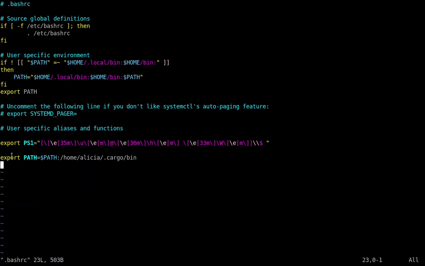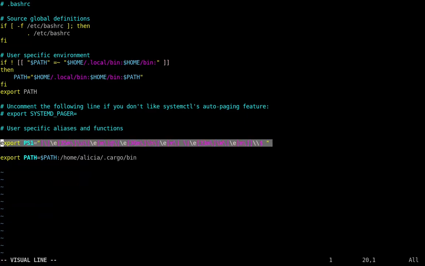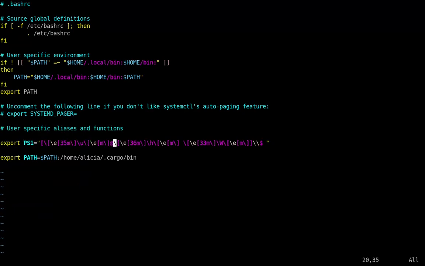Also, this export PS1 line, here I'll select it. You can do Shift V to select the line. It's called the visual line. You can do this, but right now we're just selecting this line. This is what gives me my colored prompt, and you can learn how to do this by hand,